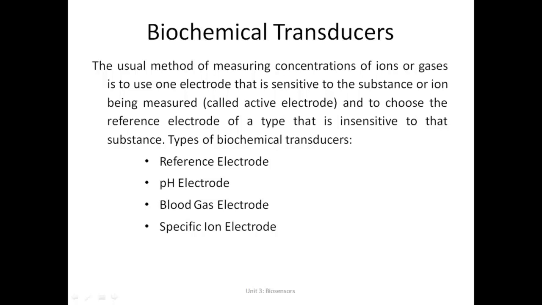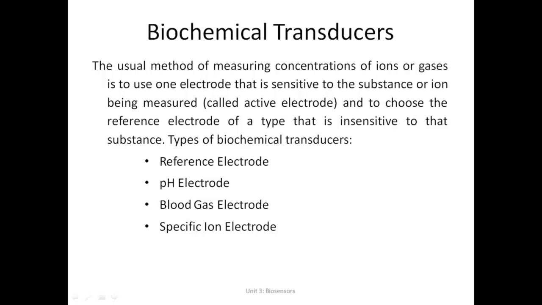When we take the sample from the body, take it to the lab, and perform certain chemical reactions or chemical activities with that, whatever signal, whatever information it provides is called a biochemical signal. Now, whenever we have to obtain and record the biochemical signals, it is very important to have specialized types of transducers, which we put in the category of biochemical transducers.